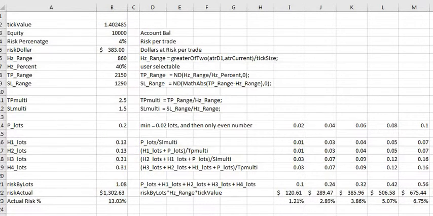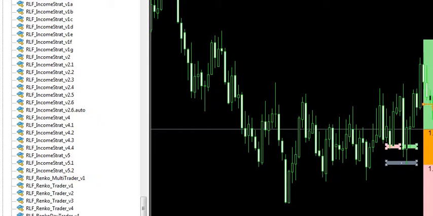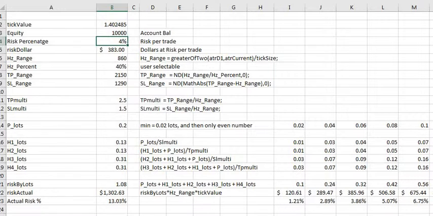Okay, well what I'm going to try and show you here is the lot size calculator and how it works, and why, the lower the account size, the problem occurs with the percentages. So let's just have a look up here. This is on the euro. I just did a calculation here on the US dollar, but it's an Aussie dollar account. So the current tick value on the euro dollar using an Aussie dollar account is